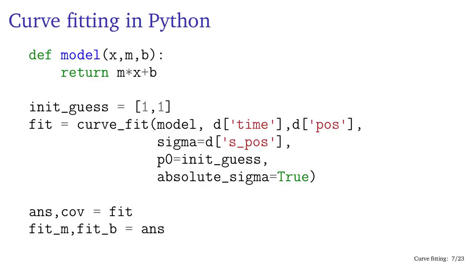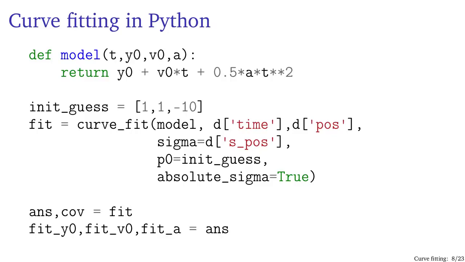So that's fitting a line to the data set. But what if we don't want to fit a line to the data set? What if we want to fit something slightly more complicated to the data set? Well, that requires some changes. First of all, if we're fitting a parabola instead of a line, we need our model to reflect a parabola. So if we're doing the